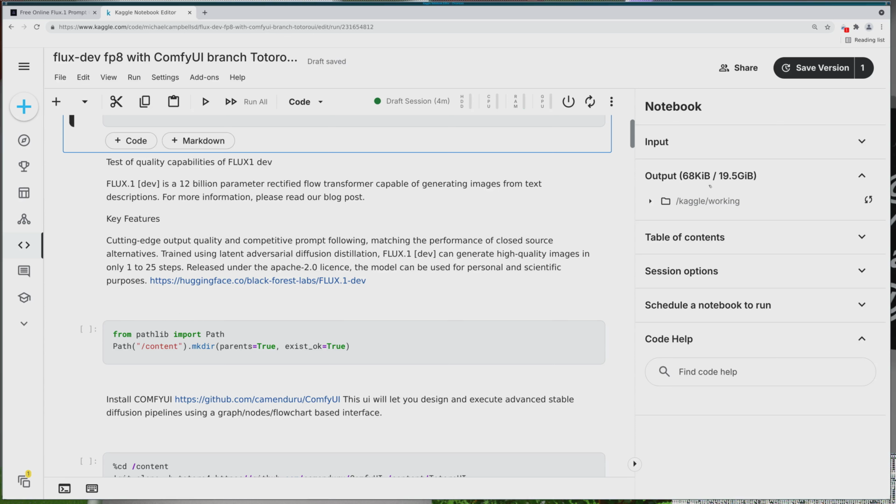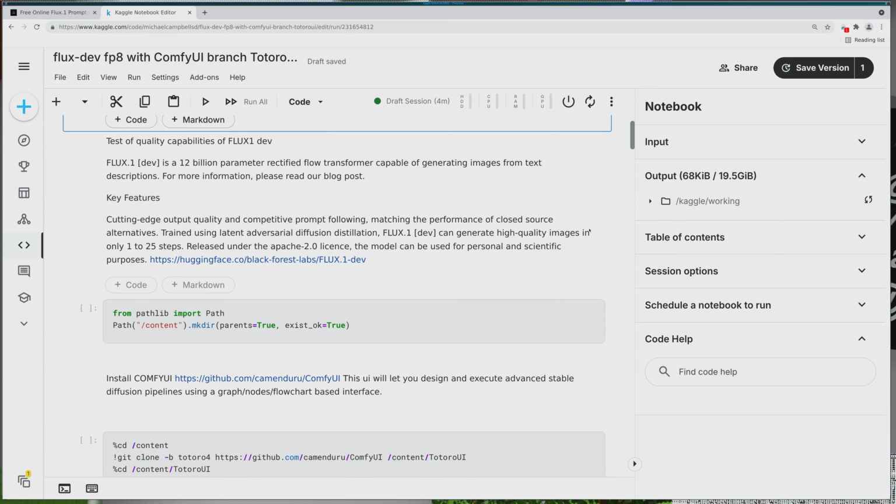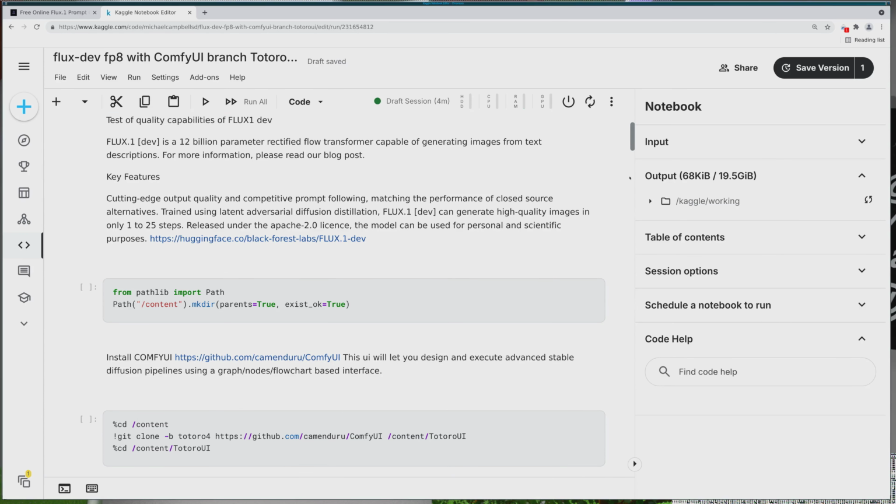And so you can see on the right, I've got my output is only 68K. So that is essentially the files that are going to be generated are going to end up over here. So I'm going to run the next one, and